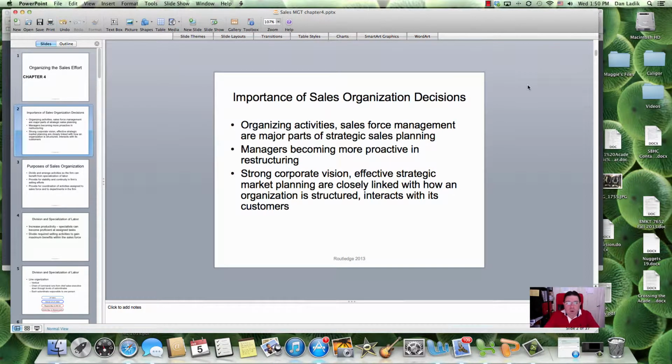It's vitally important because when we're talking about a sales force, we're talking about people. People are expensive, both in terms of money, paying them in commissions, but more than anything else, time. You want to be the most efficient you possibly can with your sales force.